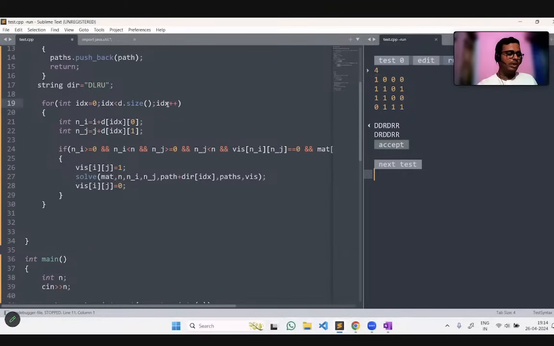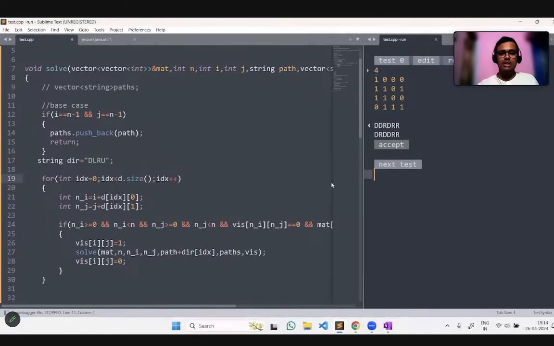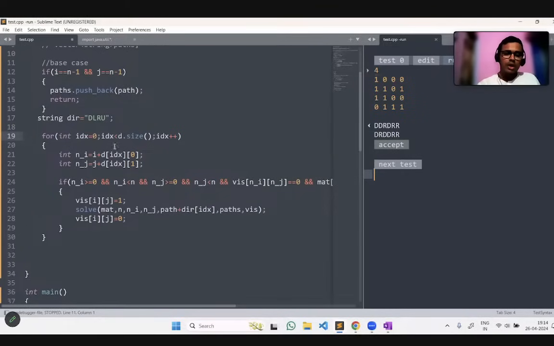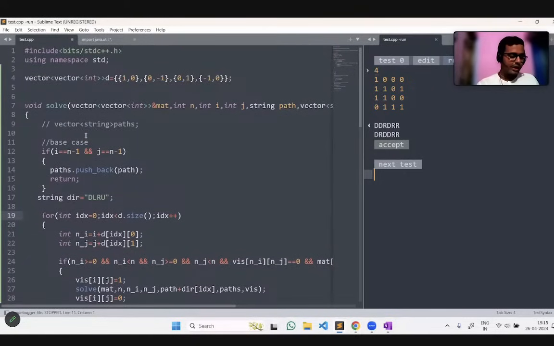These things can happen to you in an examination also, because you are in a hurry to solve the problem, and when you get incorrect output, you quickly scrap the code and want to try other code. But please verify your code once again. If you know you have written the correct logic, then there may be silly mistakes in the compiler that you cannot catch. I wrote i instead of idx, and the code gave incorrect output. But by looking at my code for one minute I found the error, because I know what I was writing.